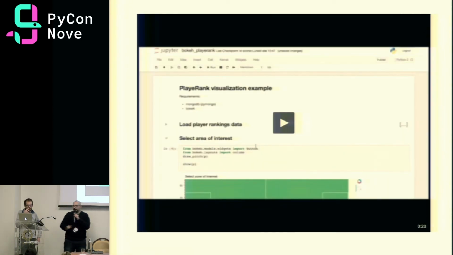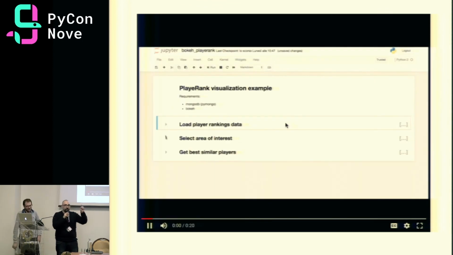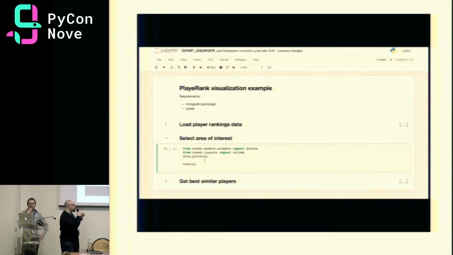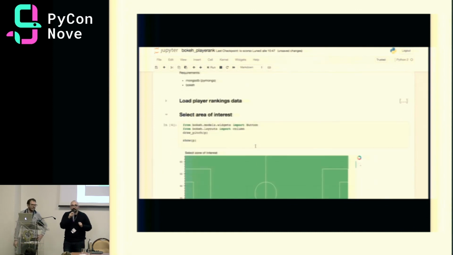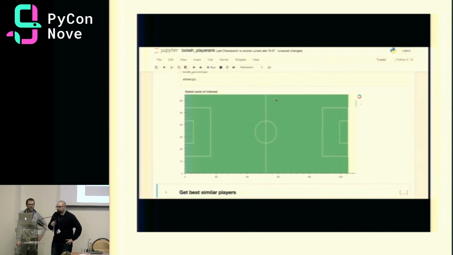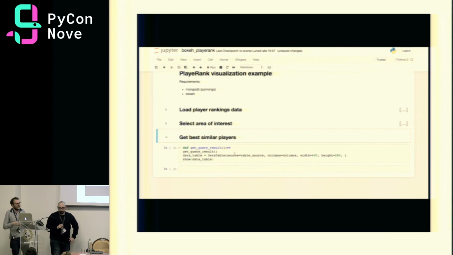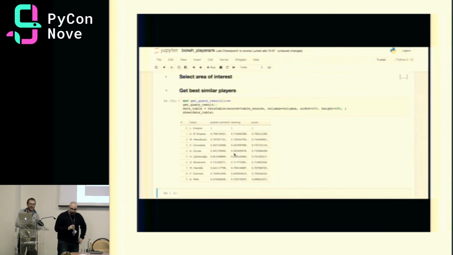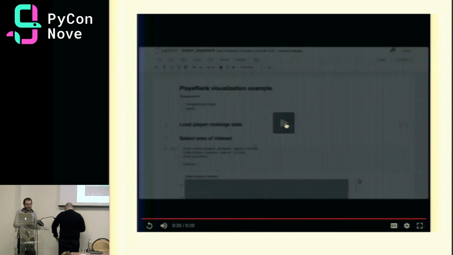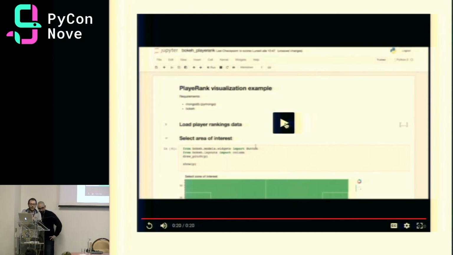Well, the final tool is the same we had at the beginning. That is the simple Python notebook which uses player rank to select players and to obtain the best player playing in a particular zone. So at the end, what did we realize? We realized the engine for such a notebook that not only is the Jupyter notebook that every Python soccer fan is dreaming about, but it's also a useful tool for managers and coaches. And we hope a first step toward the